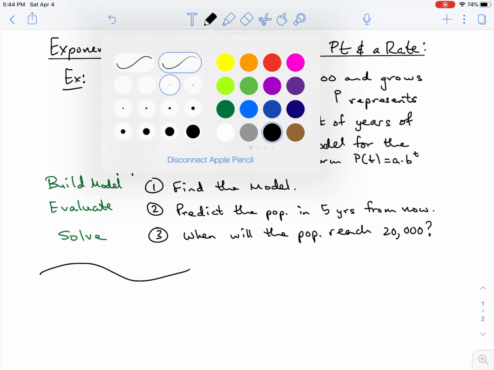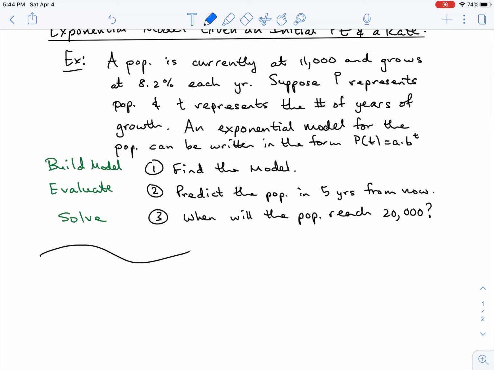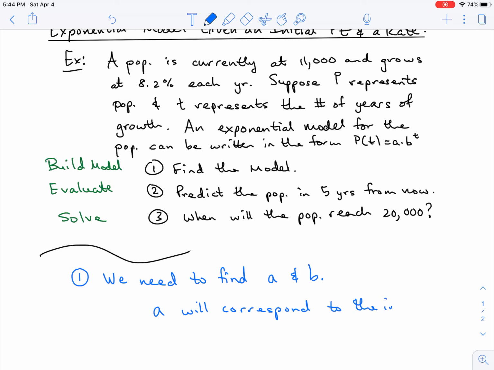Now, to find the model, there's something interesting to note about the relationship between what's been given and the parameters A and B. So to build the model, we need to find A and B, the parameters. Now A will correspond to the initial point,